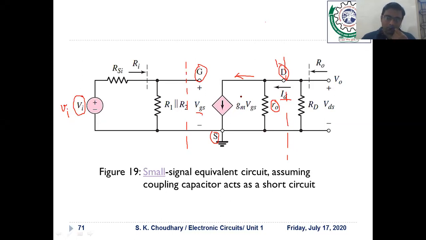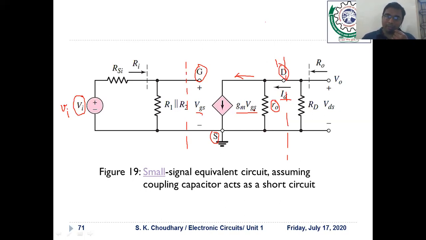So this current flows from the drain and reaches the source, and we have already defined the value of current in terms of transconductance gm and input voltage VG. So first of all, your duty is to draw this small signal equivalent circuit, which is a representation of your N channel MOSFET. After that, you have to include the circuit components.